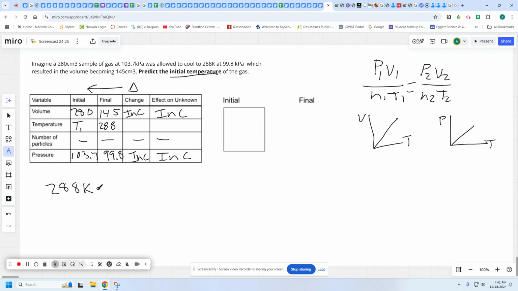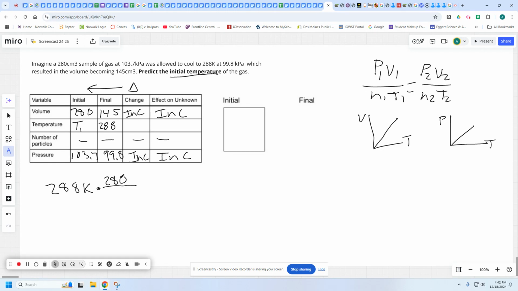Kelvin, and I'm just going to go down the list based on reasoning, based on algebra, and rearranging the original combined gas law relationship over here, I'm going to go ahead and flip-flop 280 and 145 centimeters cubed as needed to get the effect. So in order to get the proper effect, to make an increase on temperature, I actually have to put the 280 in the numerator